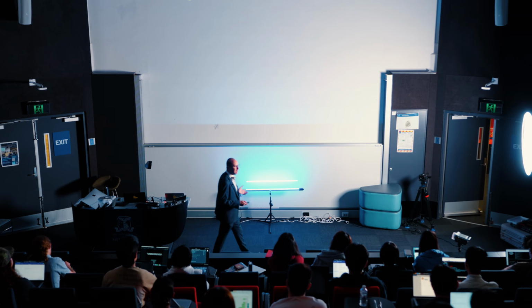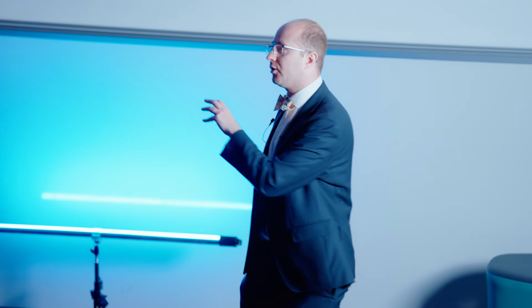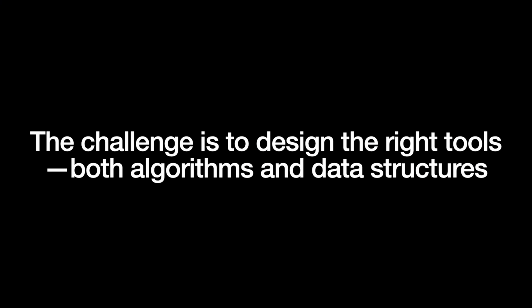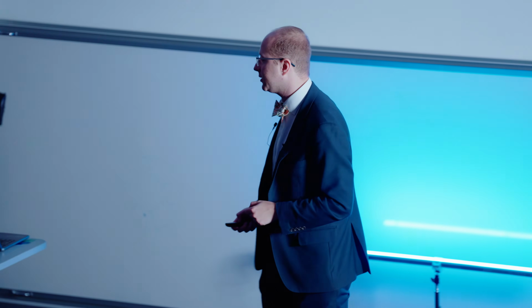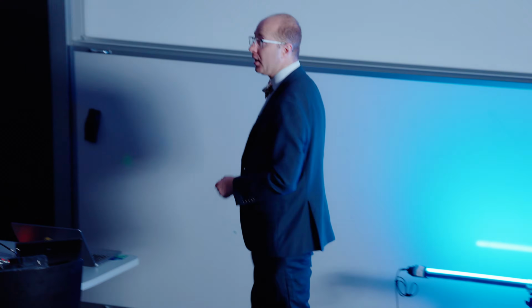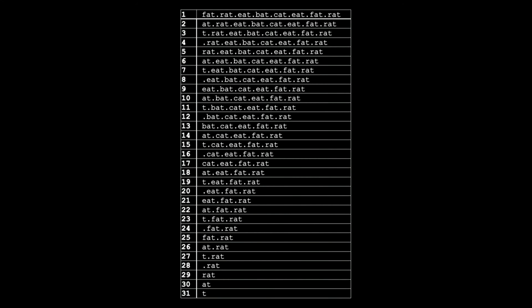Now, the challenge here is going to be to pick the right combination of algorithm and the right data structure to go along with it that suits the particular problem that we're facing. And this is true of not just our code-breaking problem that we've got for today, but for most of the problems that we're going to see this semester. Now, let's go to our fat.rat example and show you our first more complicated data structure.